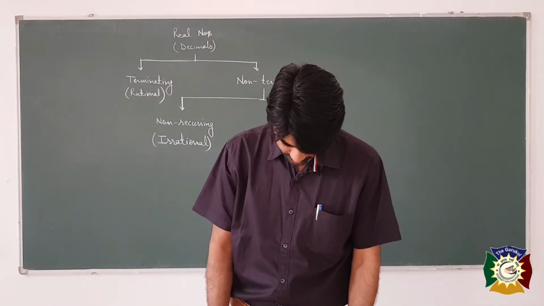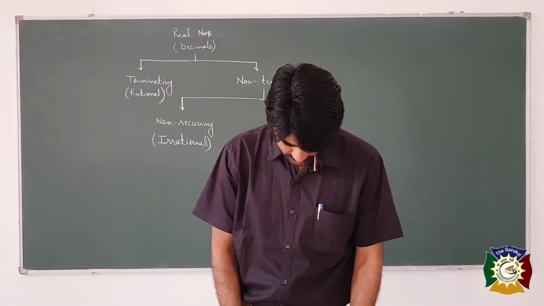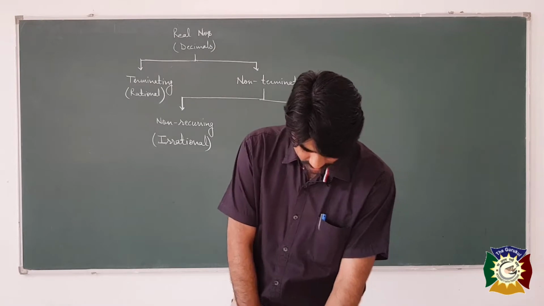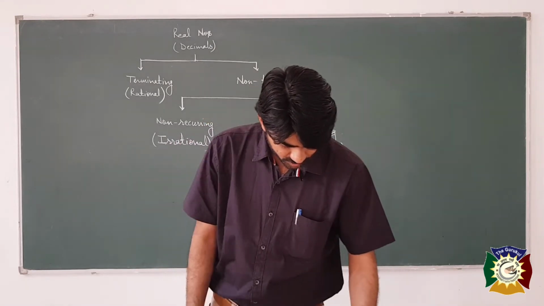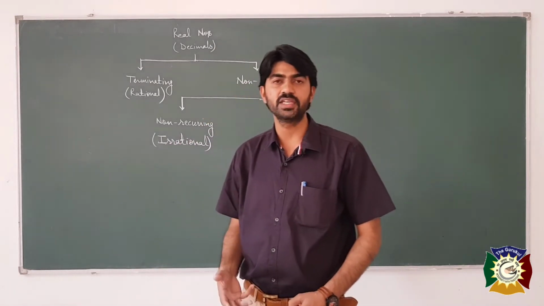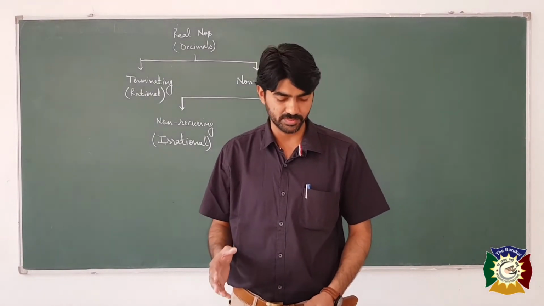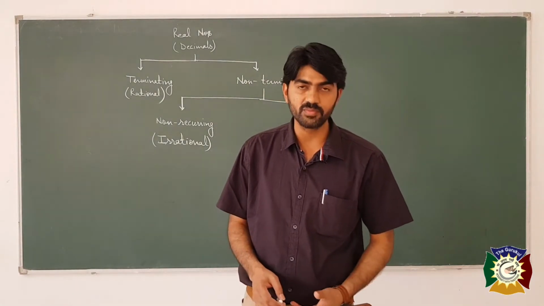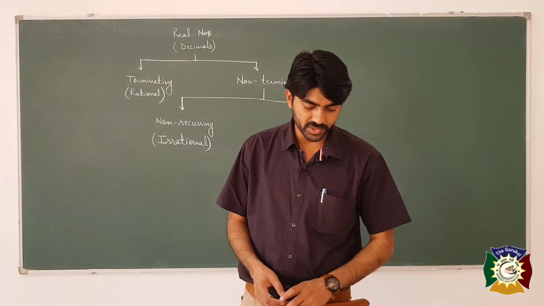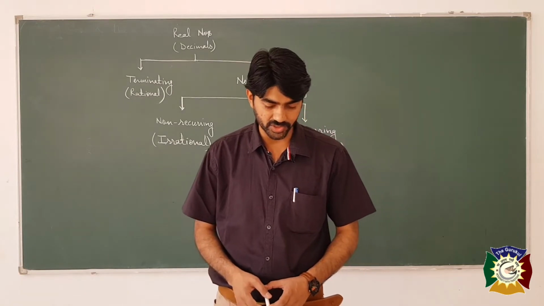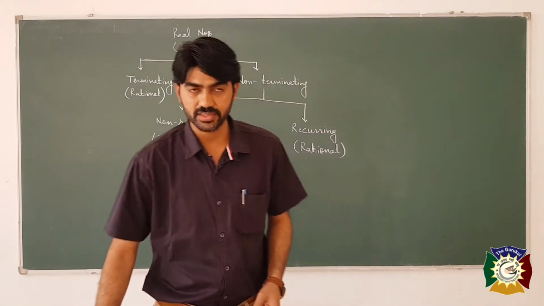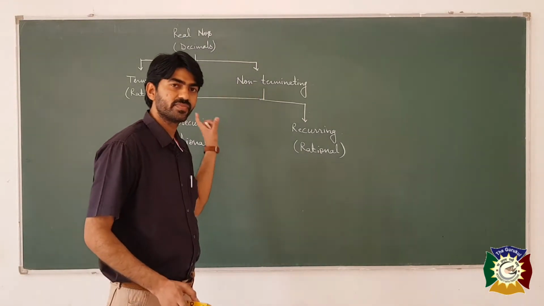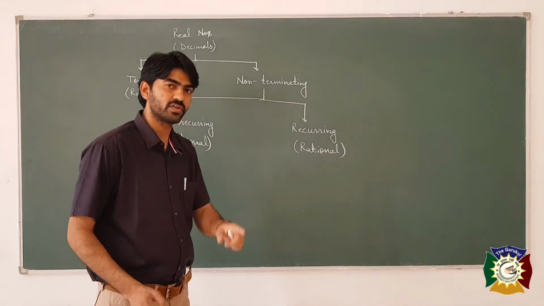Now on the basis of these we will solve exercise 1.3. There is another type of question where decimal rational numbers are given, and we are to convert them in the form P by Q. It is there in question number 3, that also we will learn in question number 3 only. So now I am going to start exercise 1.3. Whatever things I have explained here on the blackboard, you have to write in your notebook.